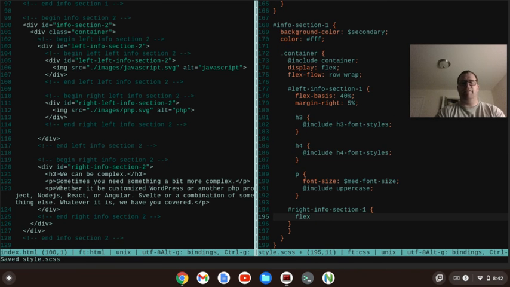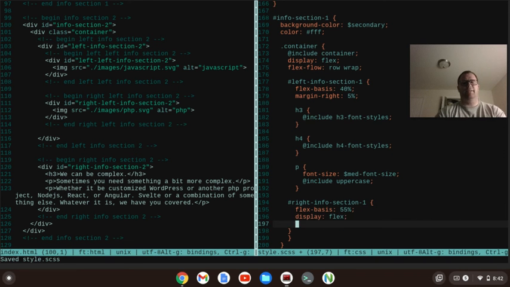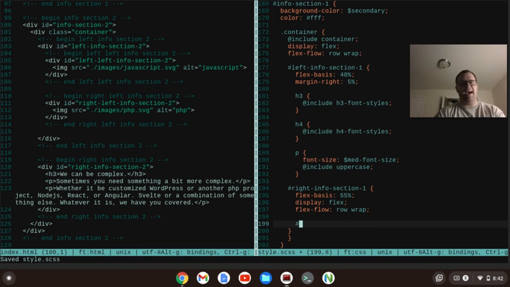Now I'm going to make my flex basis, because we have a margin right of about 5%. So 40 plus 5% is 45%. So 55% makes 100. Display of this is going to be flex. Flex flow of this part is going to be row wrap. Okay, and then within this, now you're going to see the real advantage, because we're having the right, left info